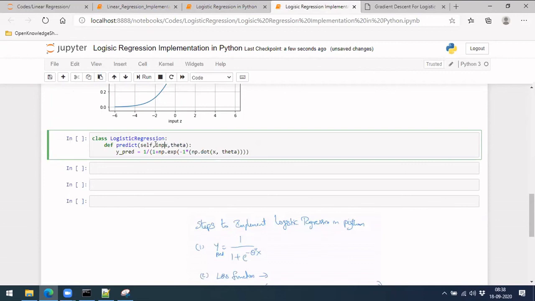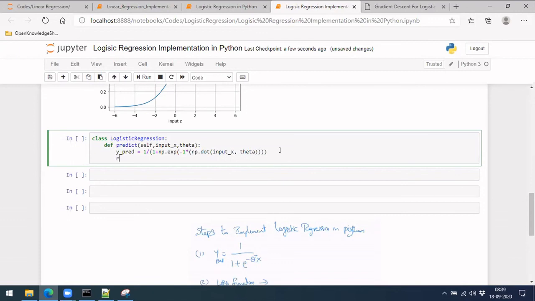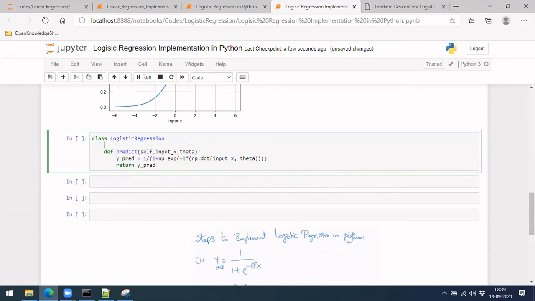Let me write input x only, so it will align with our previous code. So this is y prediction, and let's return it back. I hope it is clear now.